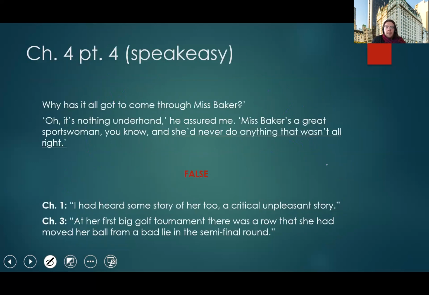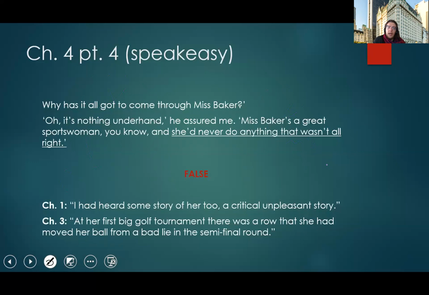In a few moments, Gatsby is setting up the meeting of what he wants Jordan to talk to Nick about. Why has it all got to come through Miss Baker? Nick asked. Oh, it's nothing underhand, Tia assured me. Miss Baker's a great sportswoman, you know, and she'd never do anything that wasn't all right. This is utterly false. As we've been learning from chapter 1, I had heard some story of her too,